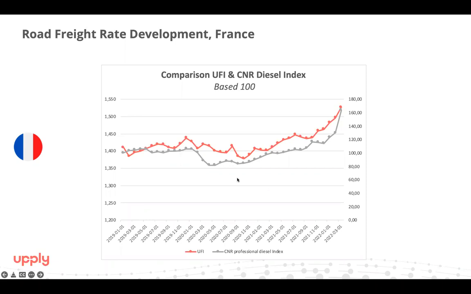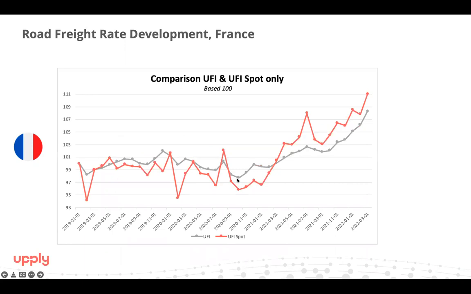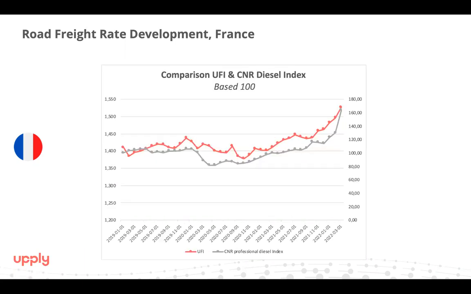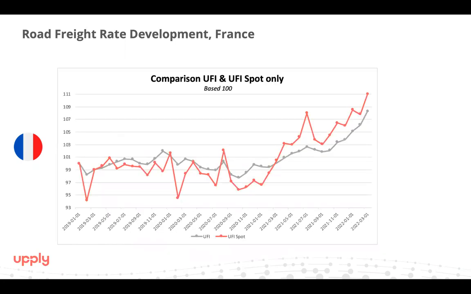Thanks. I use France here as an example, but we have it also for other countries in Europe, and we will see some other countries just after. Here, we take the comparison between the UFI that we have seen before, but this is a split between the spot and the contractual. And what is quite interesting, and we see it in other countries in Europe, is that before we had some fluctuations, the spot, of course, was usually more volatile than the contractual. But as we can see, since the end of COVID, or at least since the beginning of 2021,